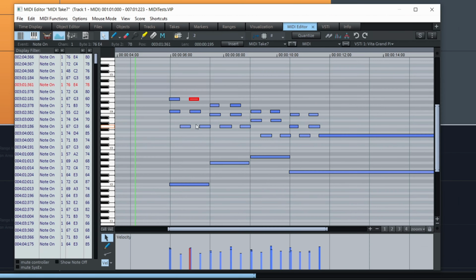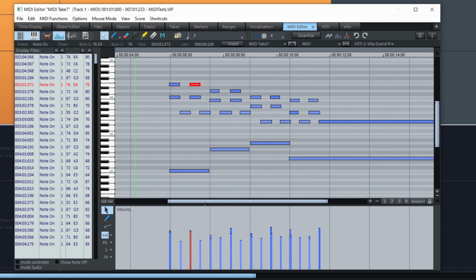So you can see the notes and change them, change the length. And at the bottom, in Cubase, we can see the velocity of each note. It's how hard each note was played. So if I play it a tiny bit, and if I change the velocities like this,